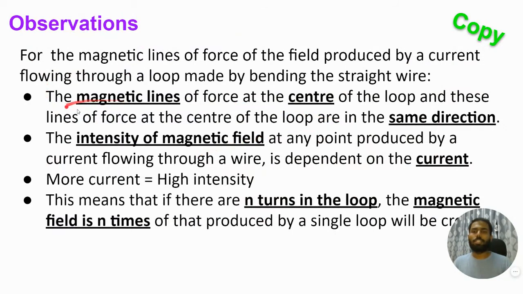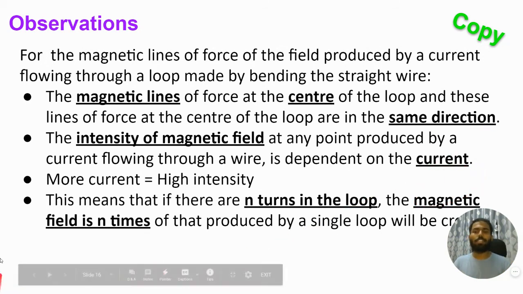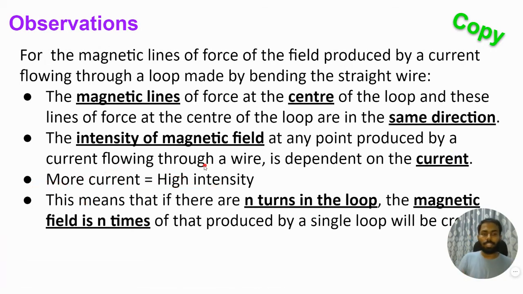Great. So that's the meaning of this point. Next, the intensity of magnetic field at any point produced by current flowing through a wire is dependent on the current. Okay, intensity यानी कितना strong है। Okay, so how strong, how intense is the magnetic field, वो किस पे depend करता है, current पे। If the current is high, I've written it here in the next point, right? More current is equal to high intensity. Okay, if the current is high, the magnetic field will be very strong. If the current is low, the magnetic field will not be strong, it will be weak. Okay,